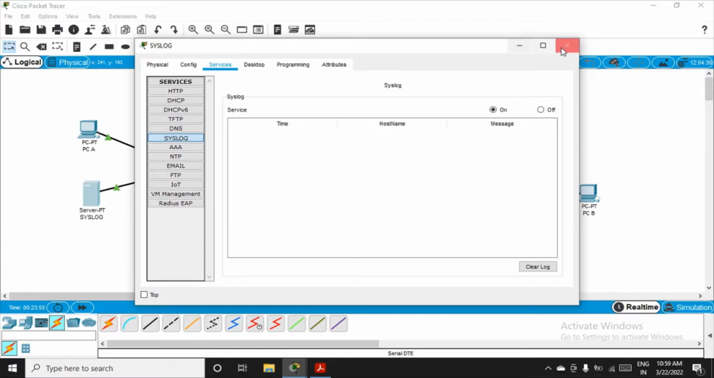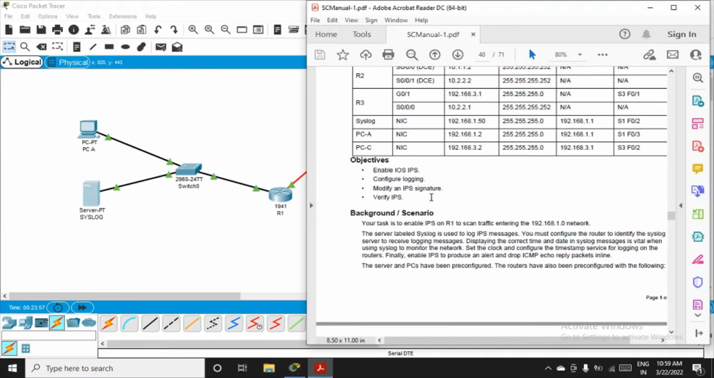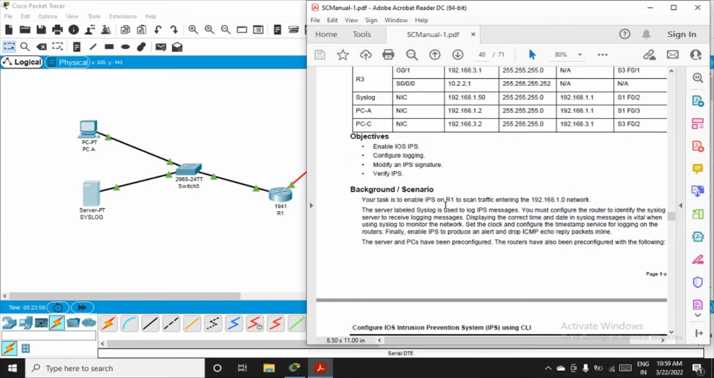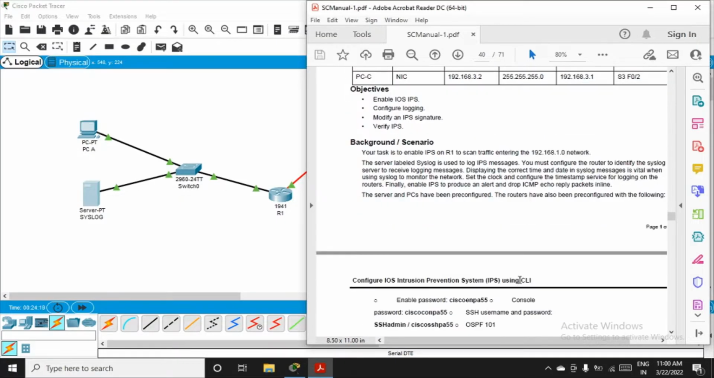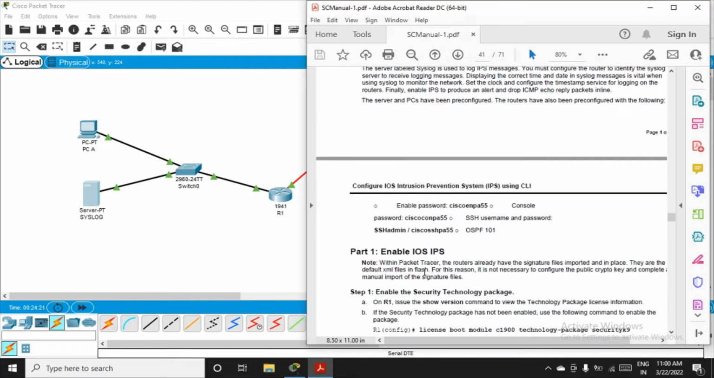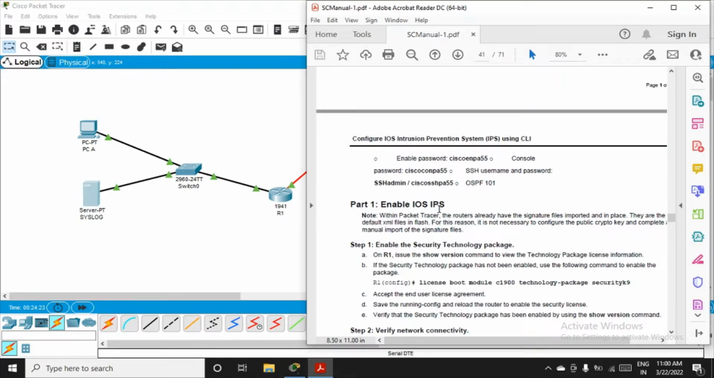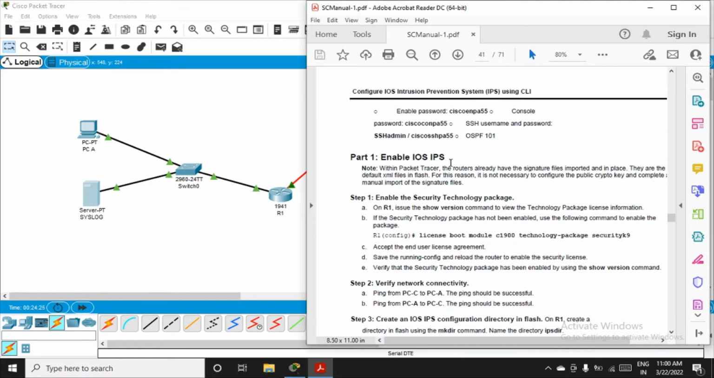Okay, close this. Coming back to this, your task is to enable the IPS on R1, on this router. On the left hand side, you can see, to scan everything coming inside toward this network, that is the 192.168.1.0 network. The server labeled syslog is used to log the IPS messages, and let's see how to configure it. So let's start with part 1 of this practical, enable the IOS